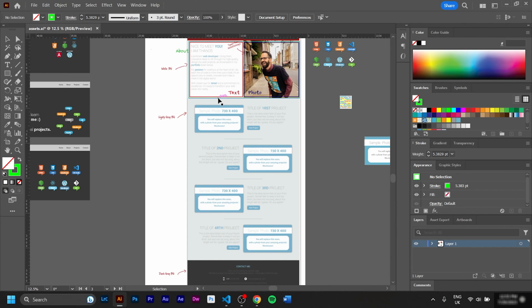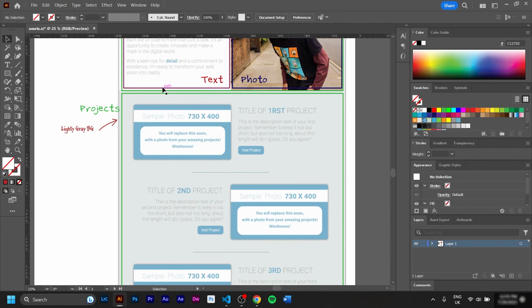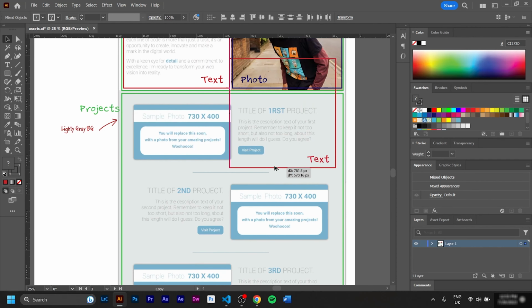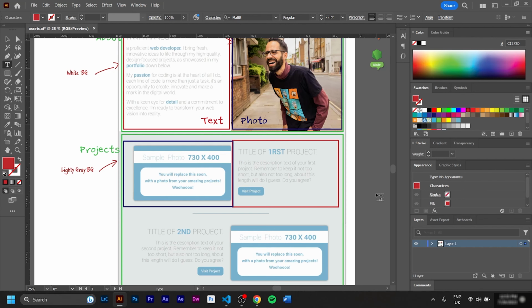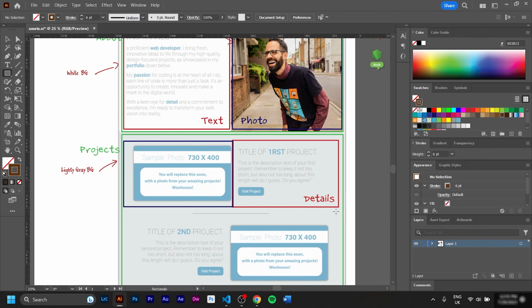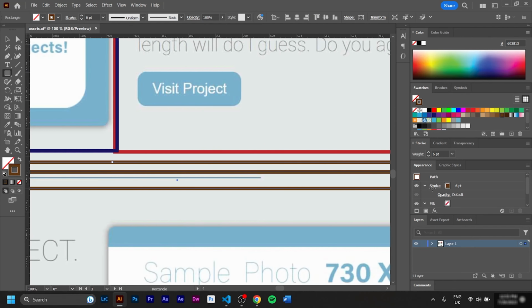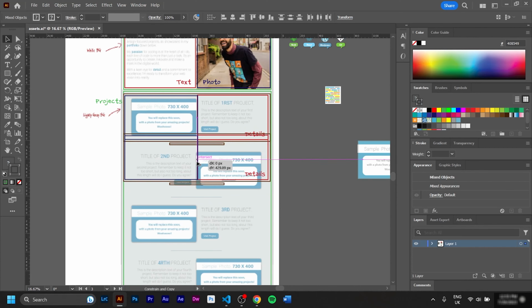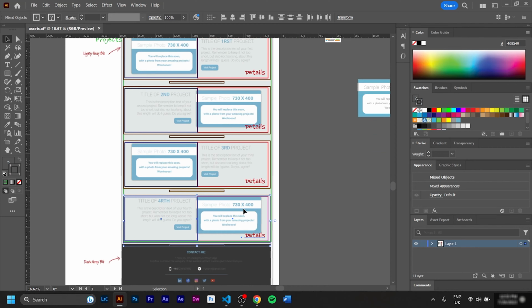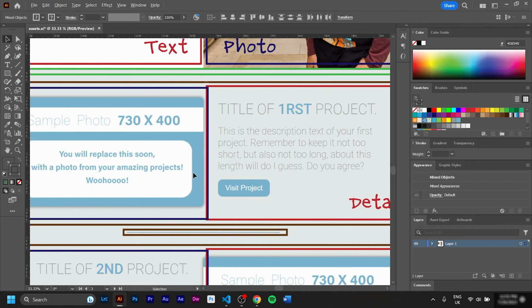So let's see here. We have one section that is the whole thing. We're gonna name it projects, and inside we're gonna have some text like the other time and one photo. However, this one, let's name it details. And I feel like we will have to wrap each project on its own div, which they're going to be separated by this line here. And once we have this thingy ready, we can just copy paste and copy paste and copy paste and prepare space for 4 projects. Looks like pretty simple.